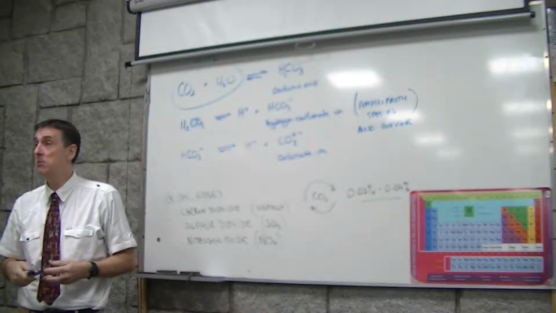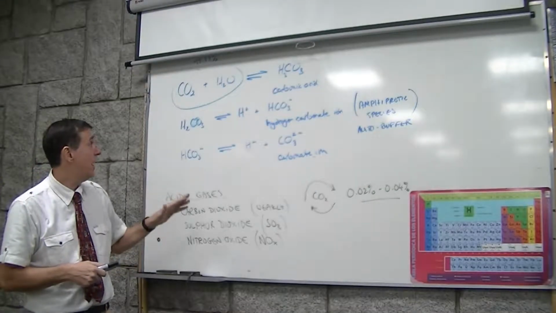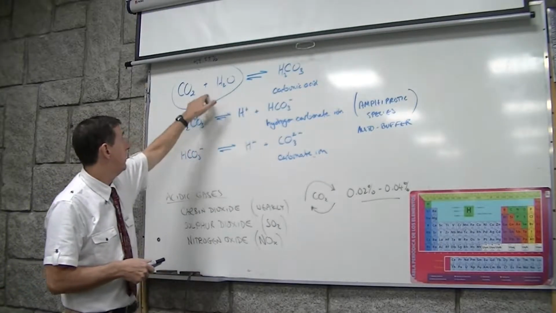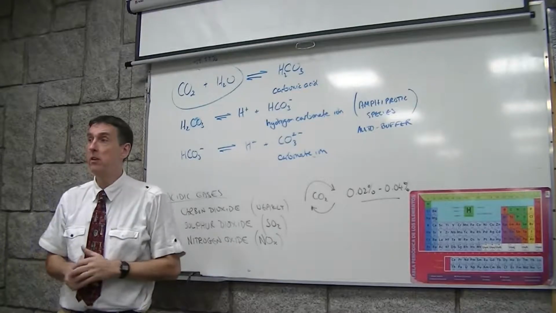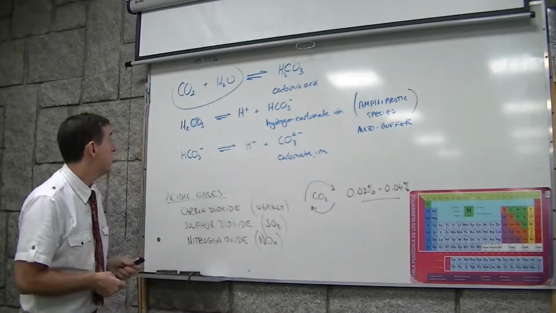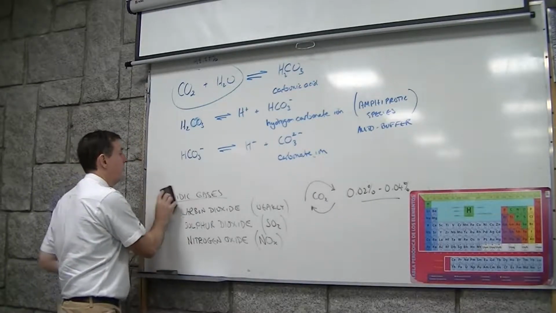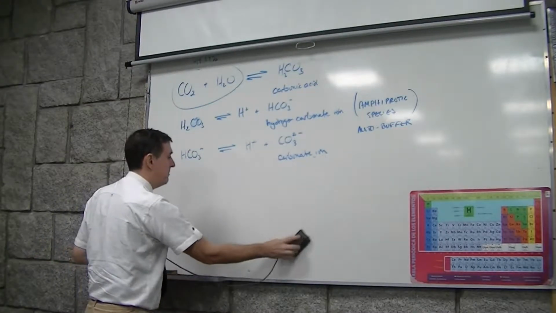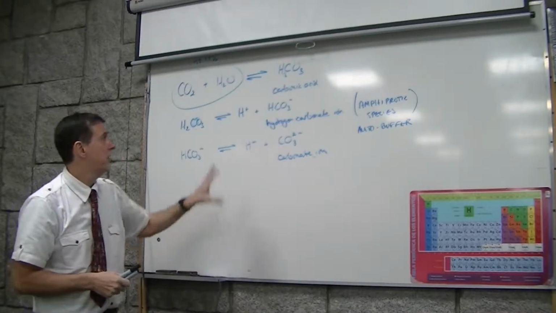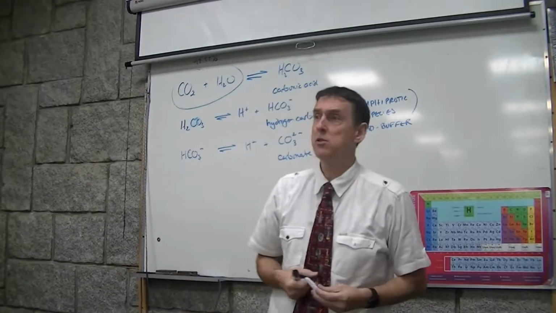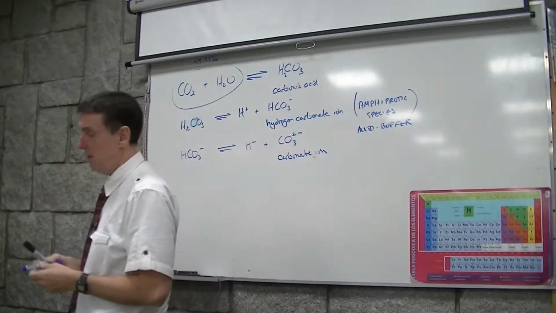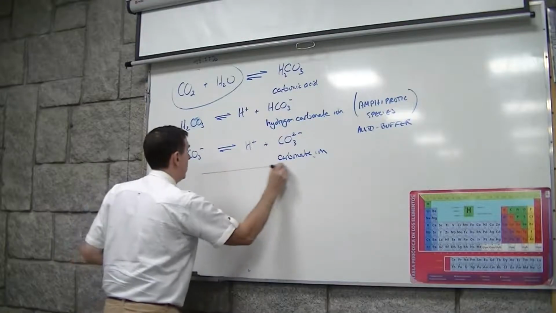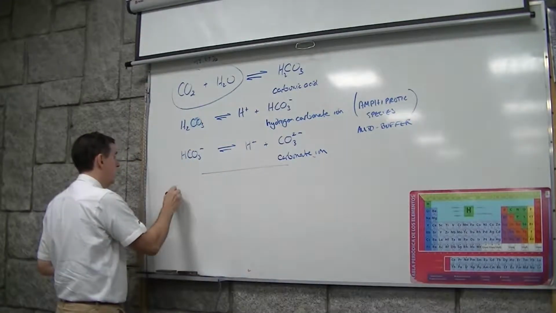If we start adding too much acid, what happens? We push acid in, we push these equilibria back this way, and we prevent this auto-buffering capability. So this is what happens with carbon dioxide. As I said, we don't tend to count carbon dioxide as acid deposition for the simple reason that it's so prevalent in the atmosphere anyway. It's part of the carbon cycle. However, the other two gases that we have, sulfur dioxide, SO2,